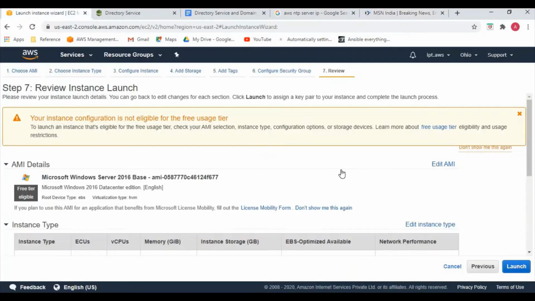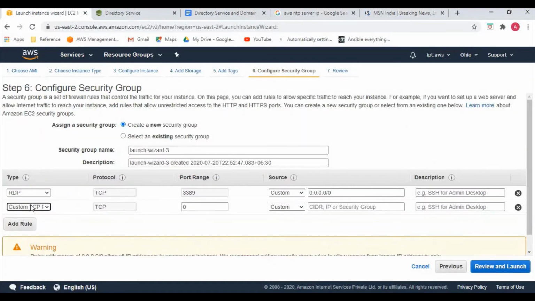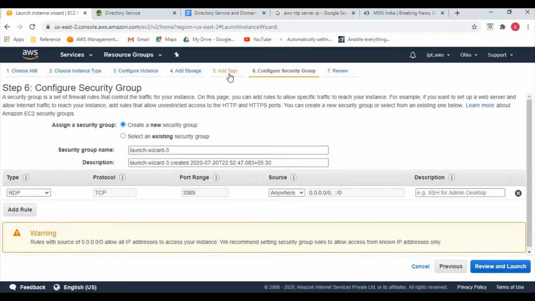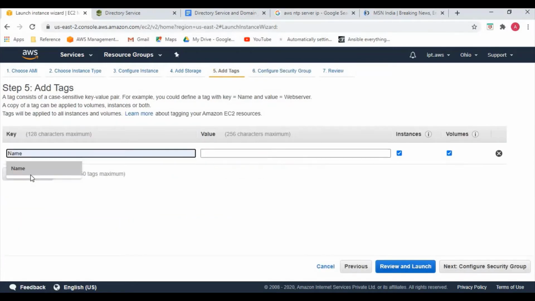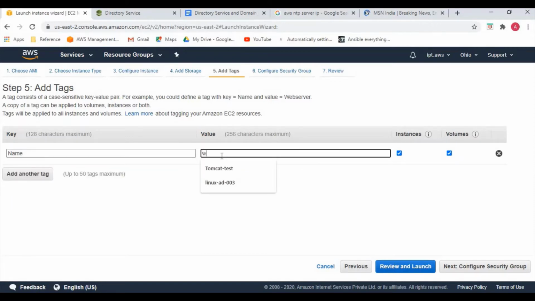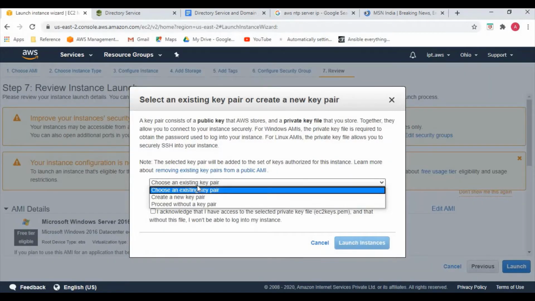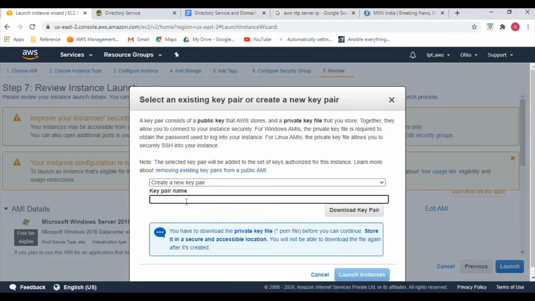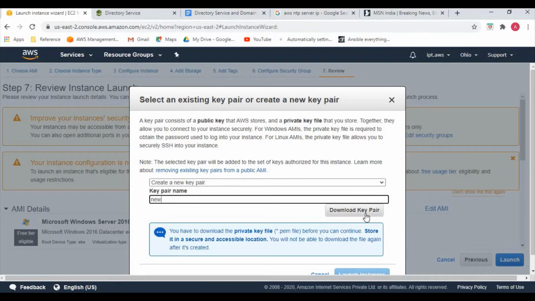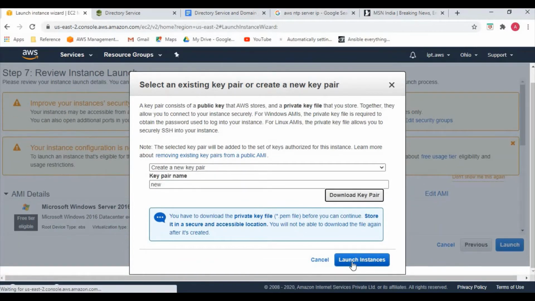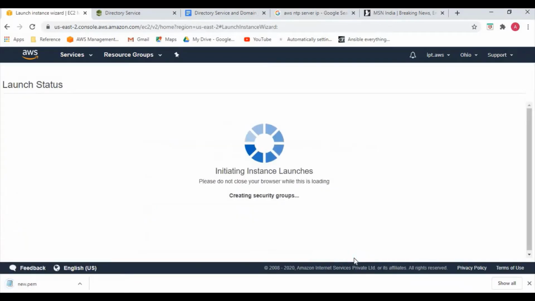Okay, so need to allow this security group anywhere, and you can give a tag, name tag. Just give it as Windows-server. Review and launch. So let's create a new key pair. This would be new. Download it. Yeah, then launch. So we have launched the new Windows server. So let's go ahead and launch the